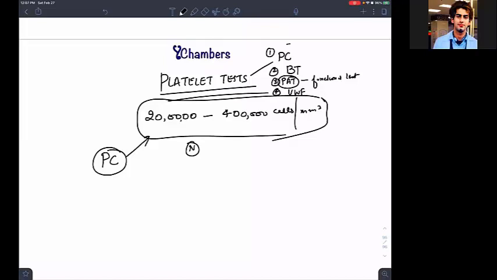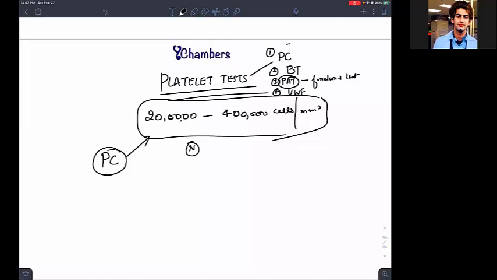So can I say, even if I have a normal platelet count, but the functional ability of the platelet has been compromised, no matter how many platelets you give to that person, you are not letting them aggregate. You are not letting the thromboxane A2 get synthesized. How is it possible that you will have a nice platelet function? So your platelets will not function, and if your platelets will not function, that means you are not able to stop the bleeding.